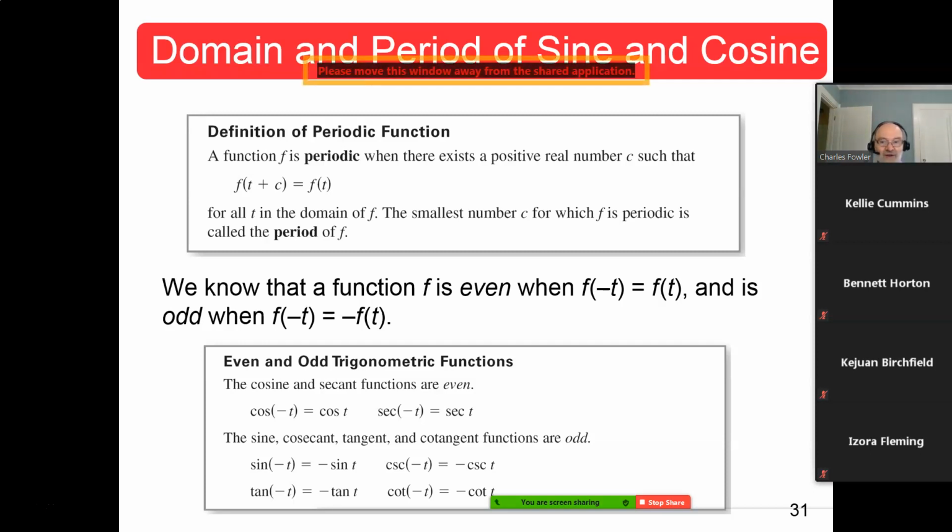However, with your trig functions, they're just about always either even or odd. In fact, there's only two even functions, cosine and secant. And guess what? They're reciprocals of each other, because cosine of minus t is the same as cosine of t. Secant of minus t is the same as secant of t, because